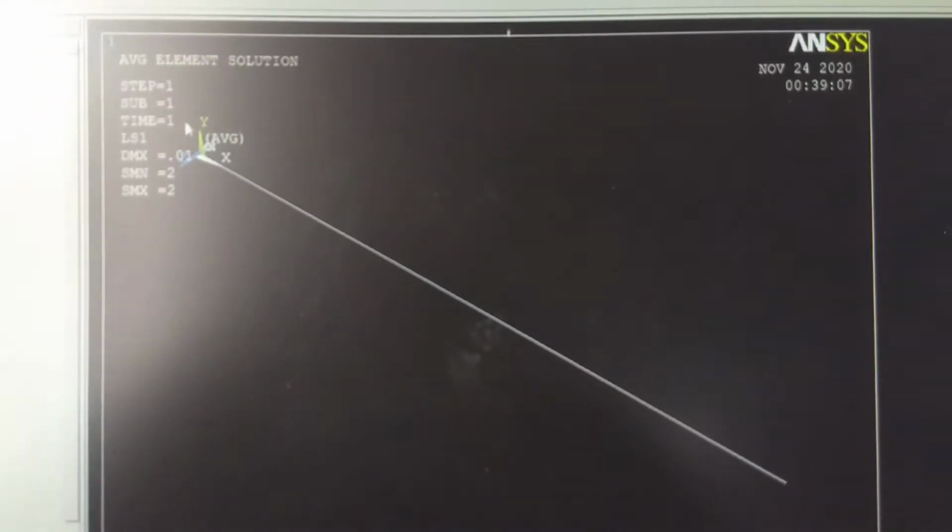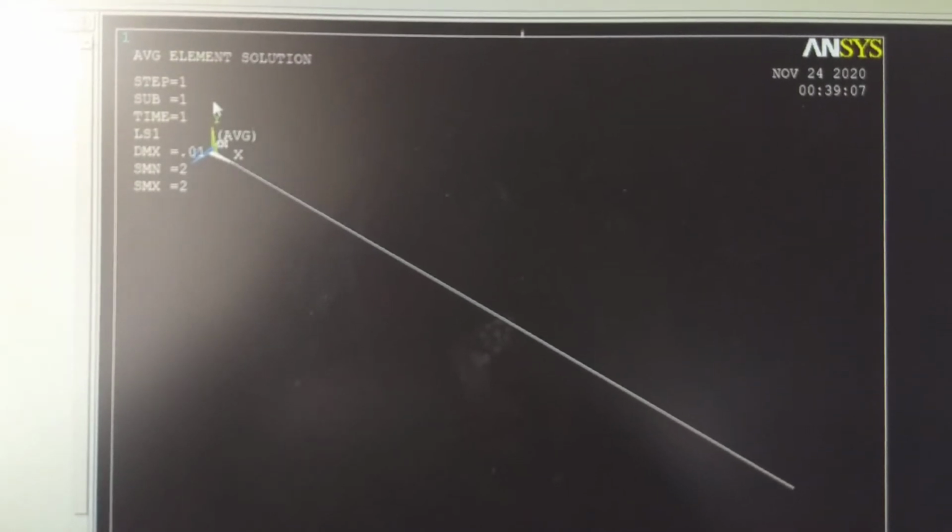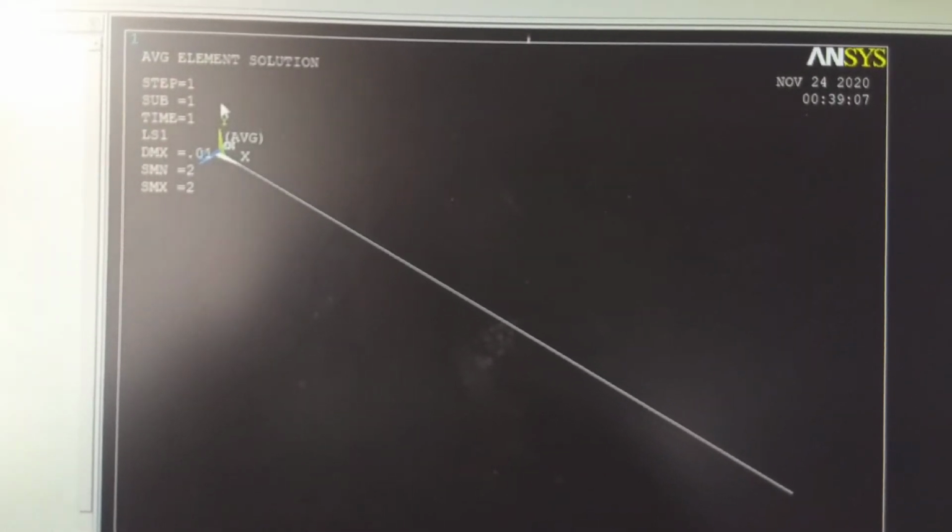Okay, and actually this is the stress which is acting. This shows the stress which is acting, and the value is noted down by this.